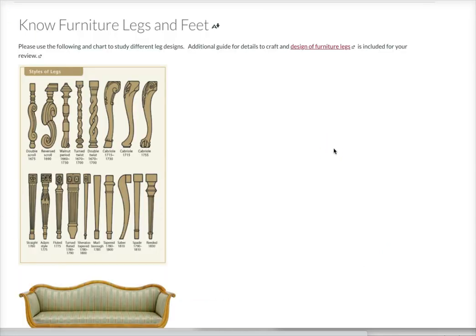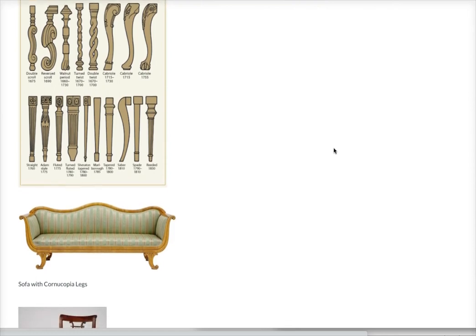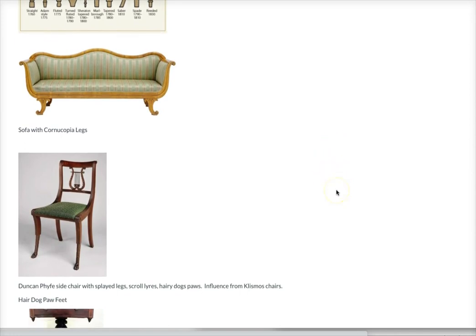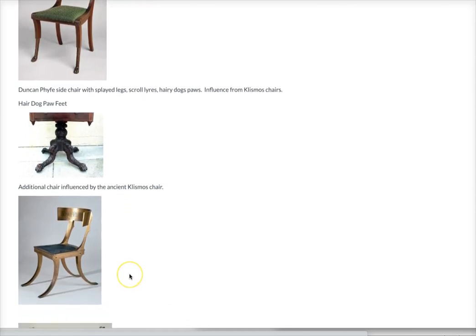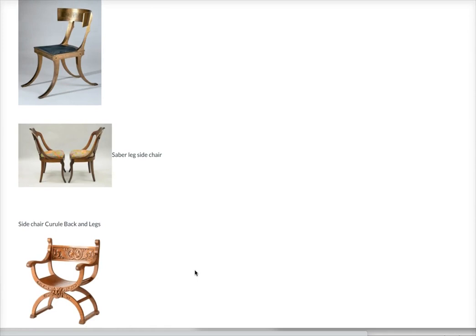Spend some time looking at different styles of legs on furniture, different feet, claw feet, ball feet, and so forth, and different treatments of the legs: curving, straight, fluted. The sofas, we'll look at those again. We will see your classic Duncan Phyfe side chair and how the legs kind of flare out. The back has a harp, sort of a lyre type design that supports the back, and the feet are dog's paws. Very similar in style to the klismos chairs we saw in ancient Greece. Another table with dog feet. And once again, you can see the influence of the ancient klismos chair. Different styles of chairs: saber leg, side chair, and of course the curule leg chair, very similar to the classical Greek and Roman